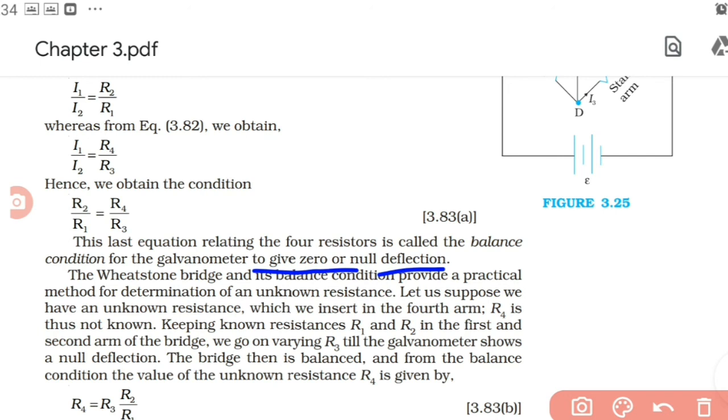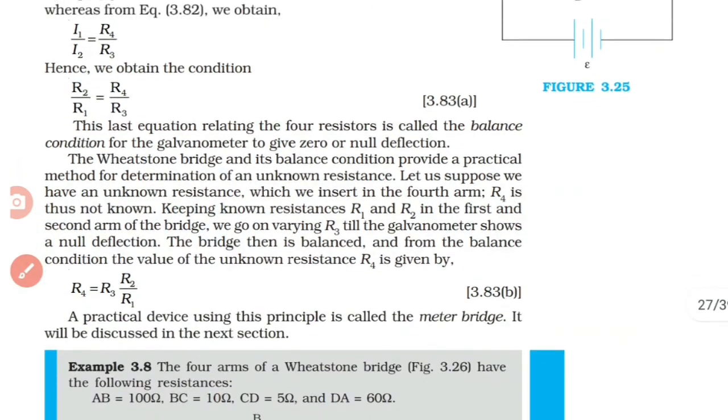So when we use Wheatstone's bridge to find the unknown resistance, connecting that unknown resistor in the R4 position, we have the expression for R4 as R4 is equal to R3 into R2 by R1. Okay, so that is the fundamental principle of Wheatstone's bridge. It is a very important one, a 3-mark question.